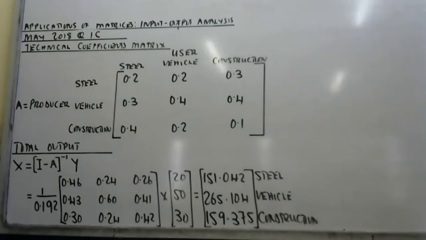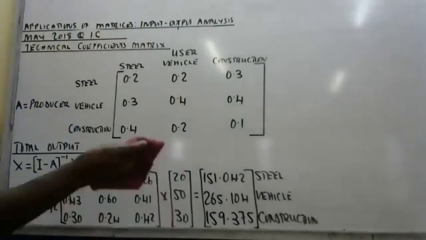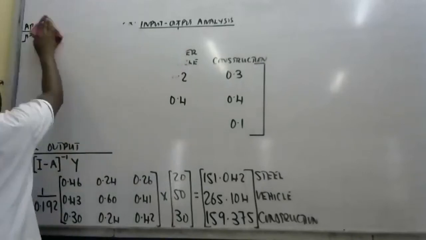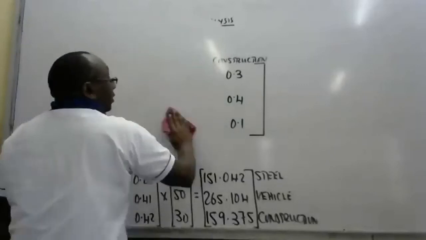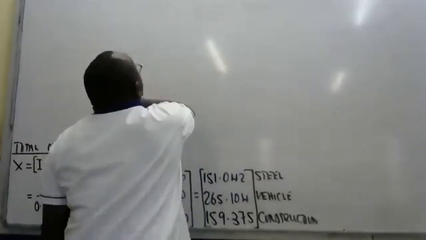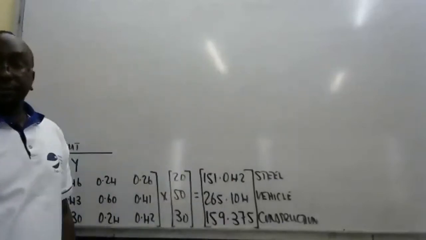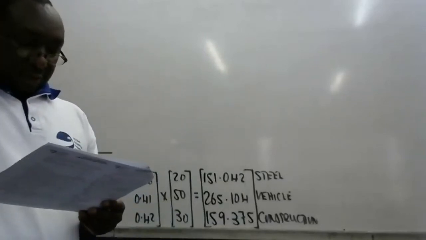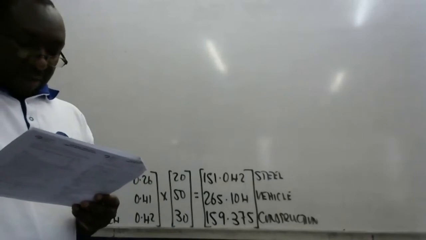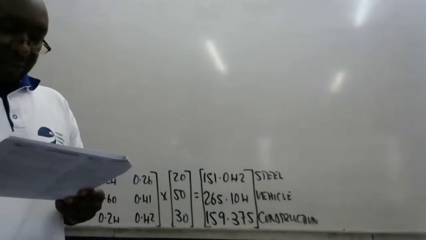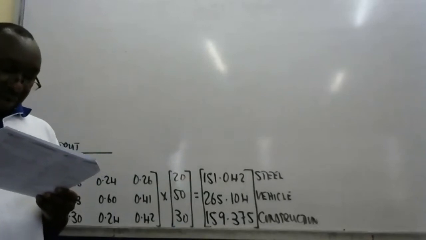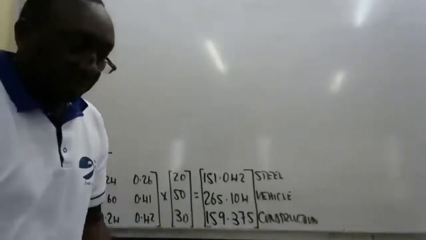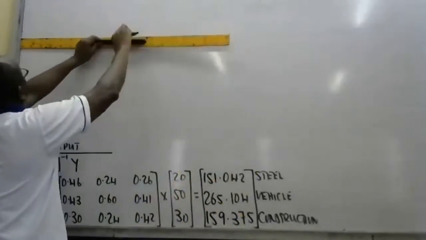So, that's okay, yeah? Okay. So the next thing we are told, the change in total output of the construction department, given that the final demand of steel increases by 2 units, and that of motor vehicles increases by 10, whereas that of construction department does not change. So the new total outputs